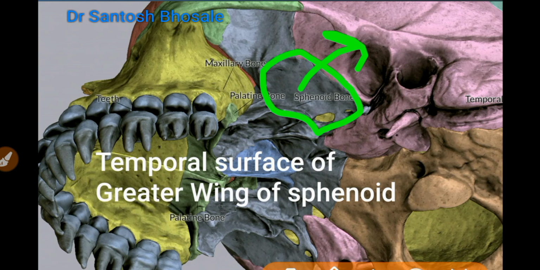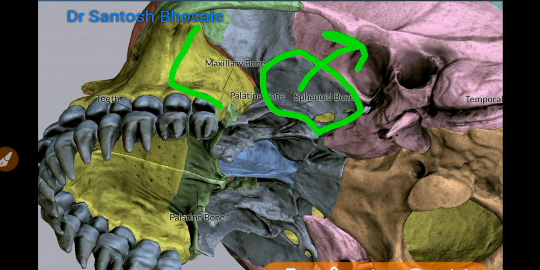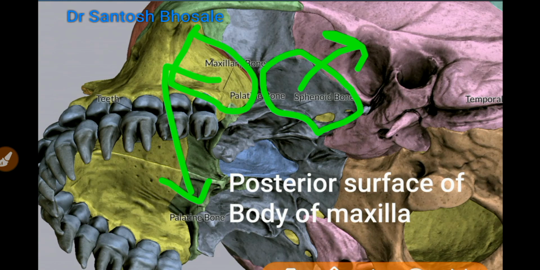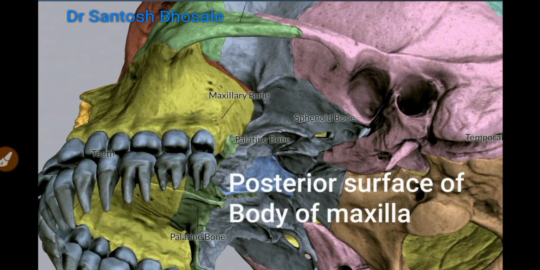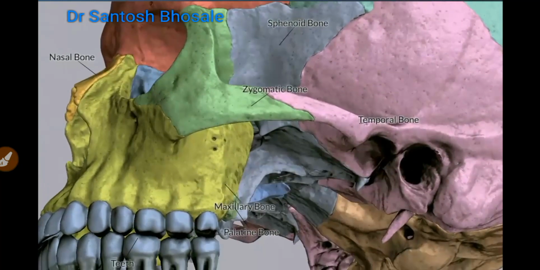So the temporal surface of greater wing of sphenoid is forming the roof, whereas the anterior wall is formed by the posterior surface of body of maxilla. Posterior surface of body of maxilla is forming the anterior boundary here, whereas the